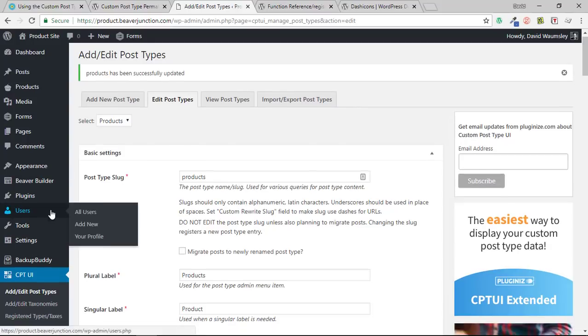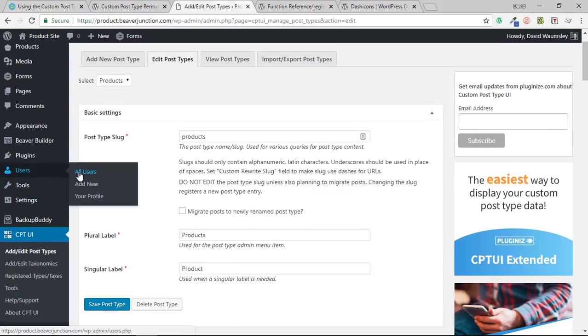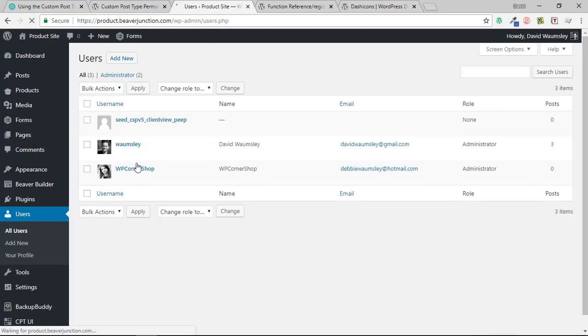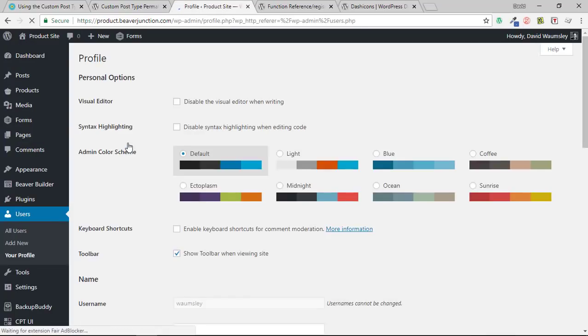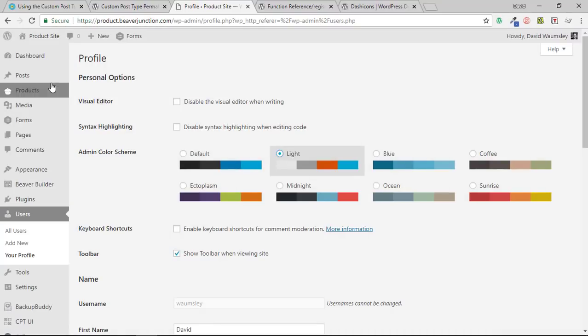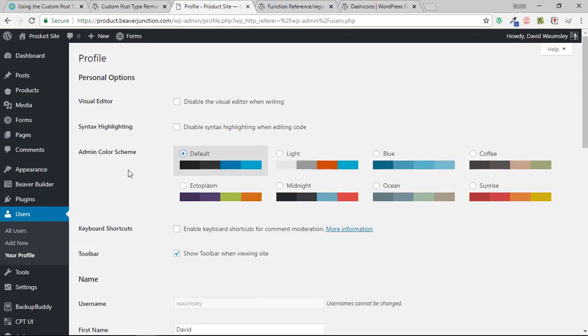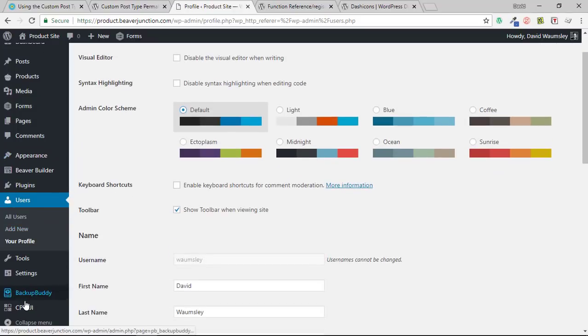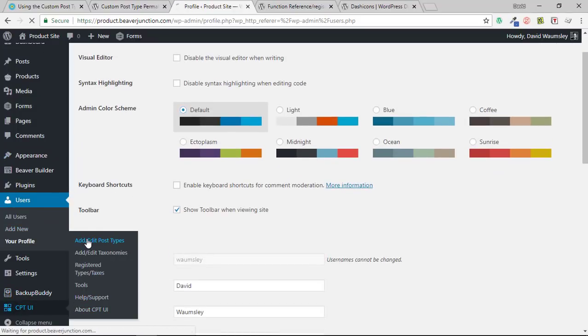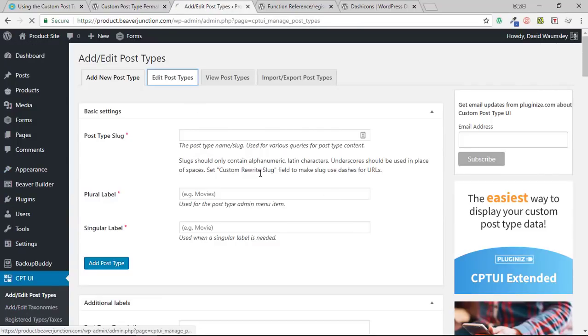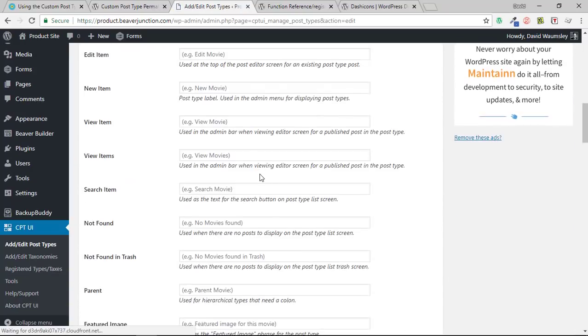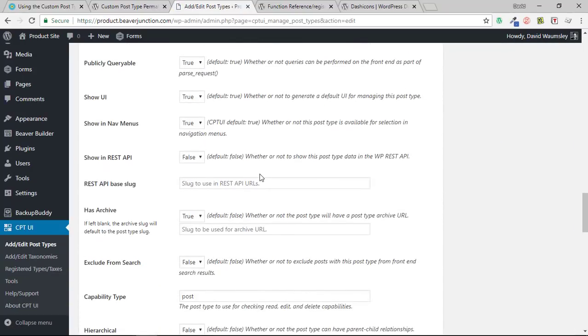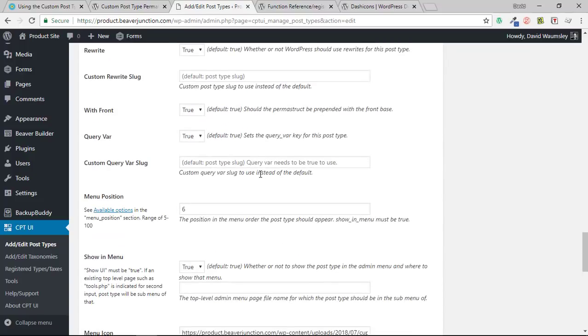Also, like I say, if your users are going to go in, let me just go into my user settings here and change my color scheme to something else. You can see it's not working very well. It's almost disappeared until I hover over. So these are just things to be aware of there. Right, let me just go back to where we were, editor area. Okay, let's go back down, and we need to